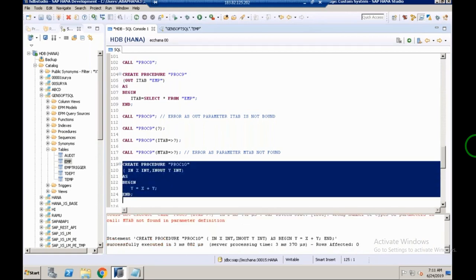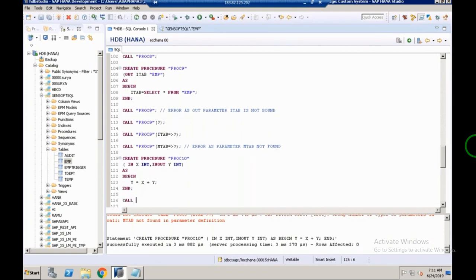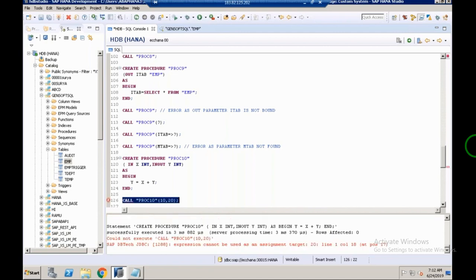F8. The procedure is successfully created. Now I'll try to call the procedure. Call, what is the procedure name? Procedure 10. Call procedure 10. I'll pass 10 comma 20. So when I execute,